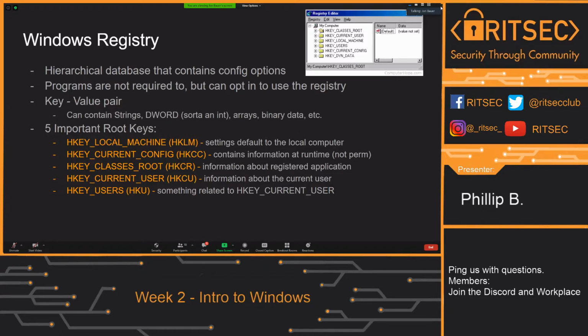There's HKCU, which is the current information about a user, and at the same time, there's HKU. So HKU and HKCU are related. HKU has all the users' settings for those users. So every user has an entry in HKU where all the settings for their personal user account are stored. And when they log in, if they check their HKCU, their current user one, it'll be linked to that one, and it has all the settings from that one.